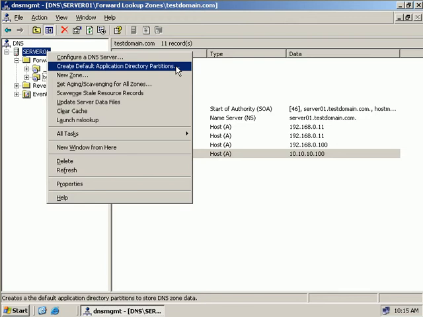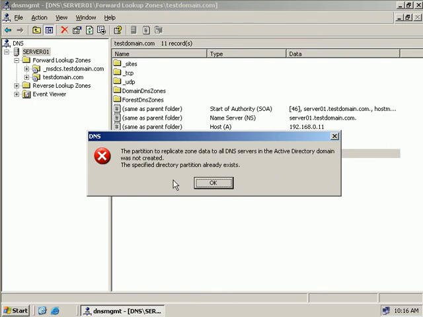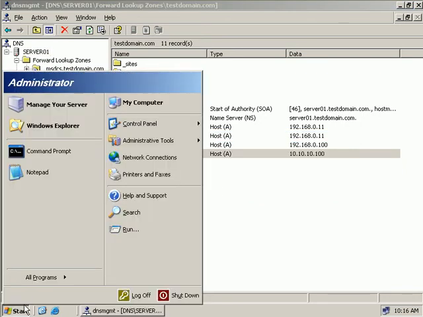If we choose this option, we're asked if we'd like to create a single partition that stores DNS zone data, which will then be replicated to all of our other DNS servers in this domain. Now at this point, if we select yes, we're going to get an error, and that's because this partition already exists. So to verify what partitions we already have installed, we'll go and open up a command prompt, and then